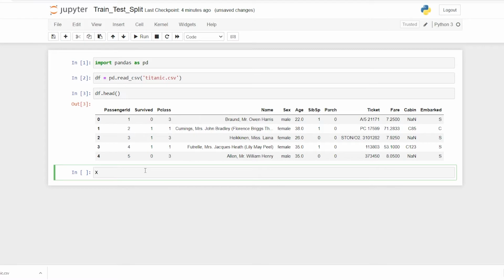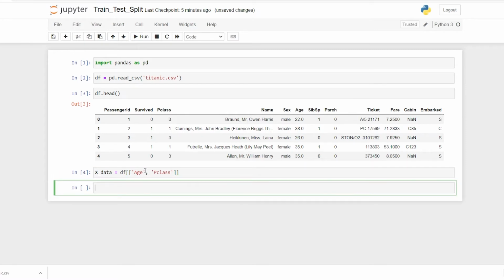So here I can say X underscore data is equal to df, and I now want the names of the columns, so I'll say age and the passenger class. This is not a models video to be precise. I am only trying to focus on how we can split this data.